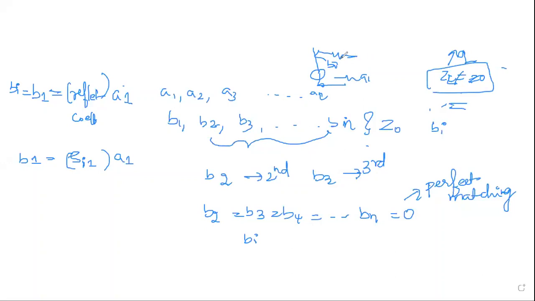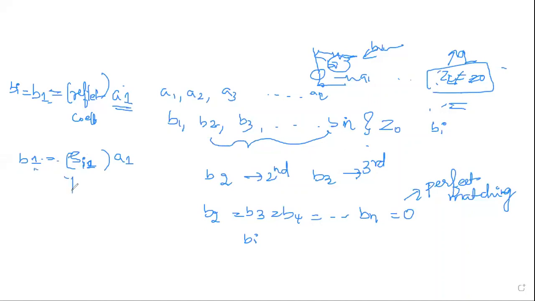So if BI is the reflecting wave going back to the source, the contribution to BI will be only the reflected wave coming from B1, because here it was connected. B1 was coming to your BI. So BI will be the first line because of the mismatch, and this is terminated with ZL not equal to Z0. So BI will be equal to B1, which is the reflection coefficient coming as well as your incident wave. So B1 will be equal to the reflection coefficient times the incident wave which is given. I will be your reflection coefficient with respect to the ith term.